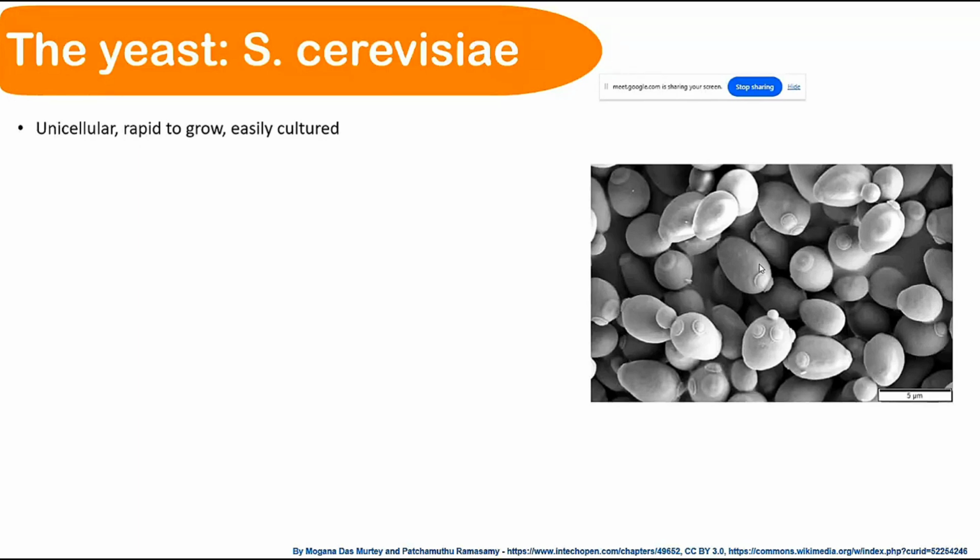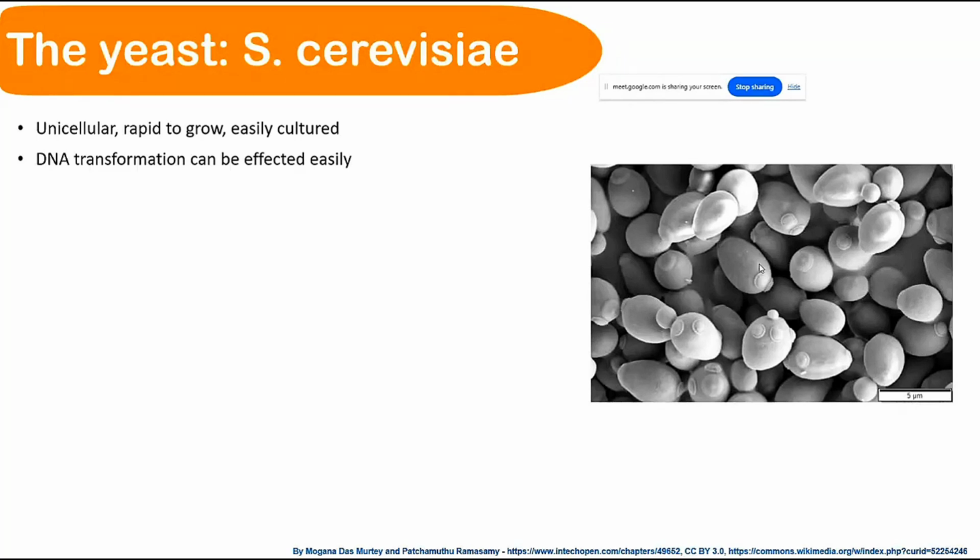Now, if you come across Saccharomyces cerevisiae, you would again wonder why this is referred to as the model organism. And this is one of those model organisms which is unicellular. So there are some microbiologists over here who would know that it is rapid to grow under laboratory conditions, and it can easily be cultured. So this yeast can easily be cultured in the laboratory. It is unicellular. Then two,